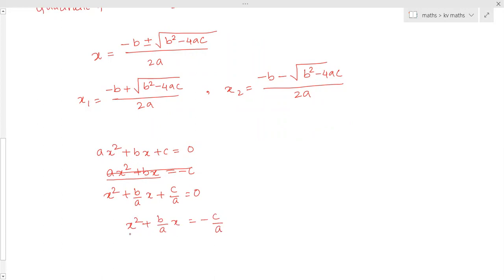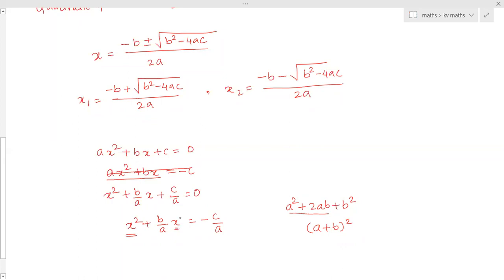Now we have to write this in the form of one term square. We have x only, so this is in the form of 2ab. We have to convert this LHS into the form a square plus 2ab plus b square. When we get the equation in this form, we can write it as a plus b whole square. This we call completing the square. We have these two terms and we need this third term now.